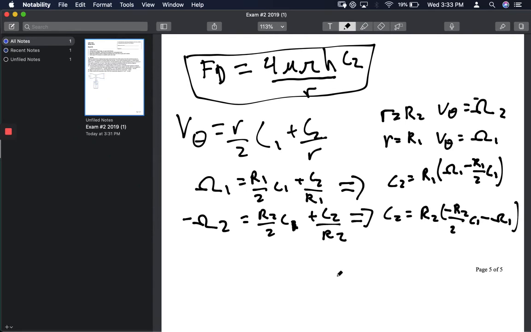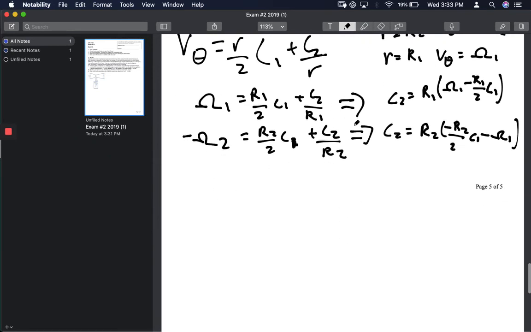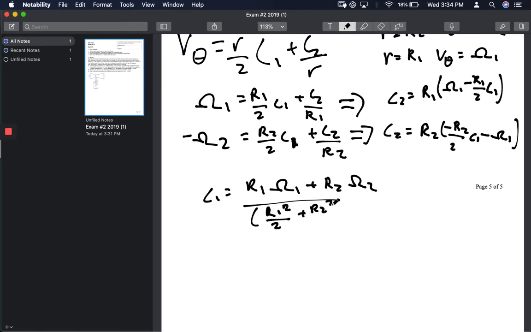Set these equal to each other. Essentially, we just simplify, substitute, and eliminate. And what we're left with is C1 will equal R1 omega 1 plus R2 omega 2 all over R1 squared over 2 plus R2 squared over 2. And then C2, once you plug this mess back into here, will get you